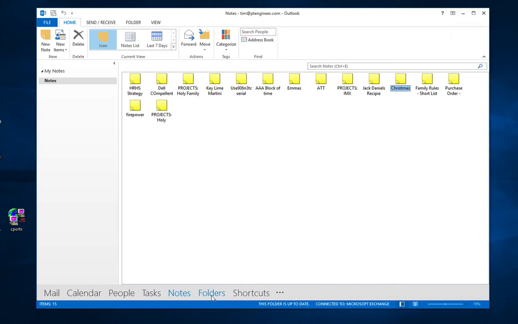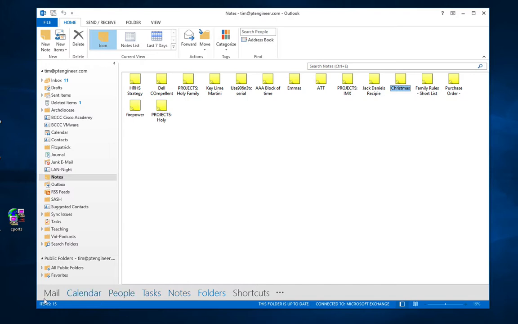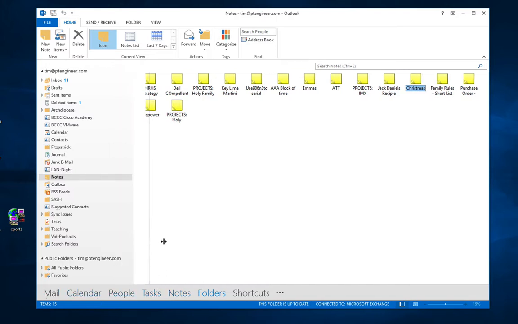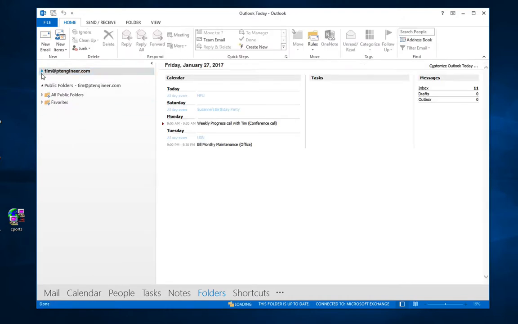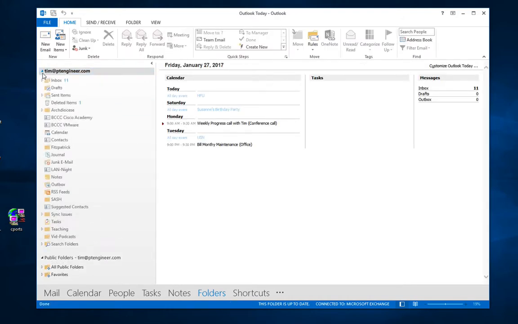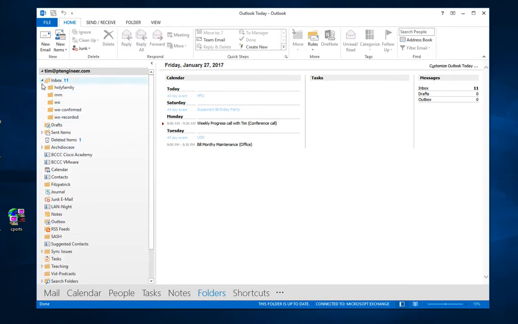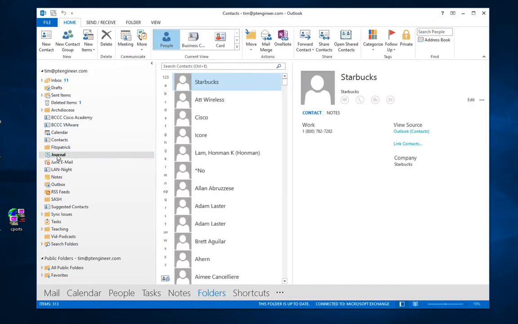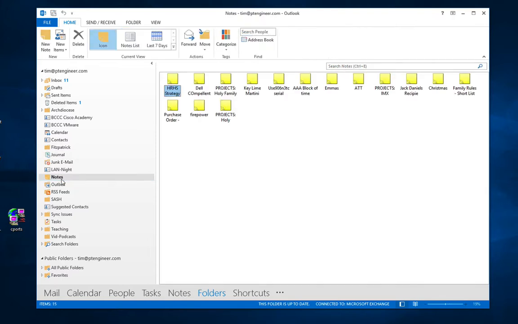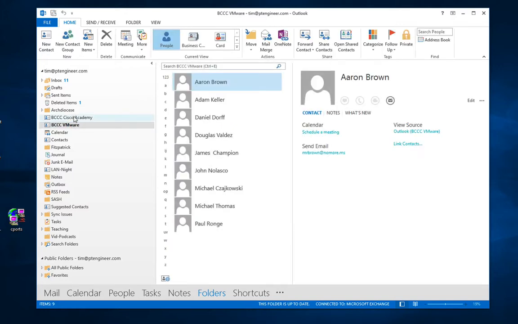They're just sticky notes. Folders is actually all of these items listed as a giant hierarchical folder list per account. So you can see my account here, all my folders, and it doesn't just show me email folders. It's actually showing me my contacts here, my journal, my notes. Journal's kind of what you've been up to and doing. My notes, RSS feeds, my outbox, deleted items, a couple different groups of